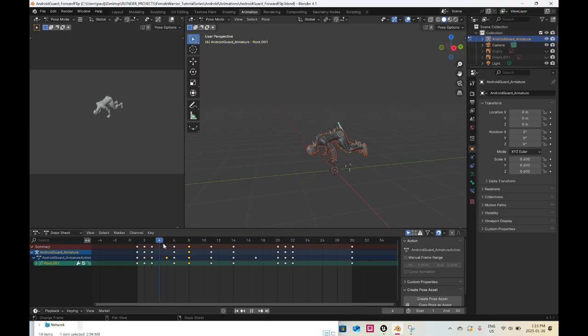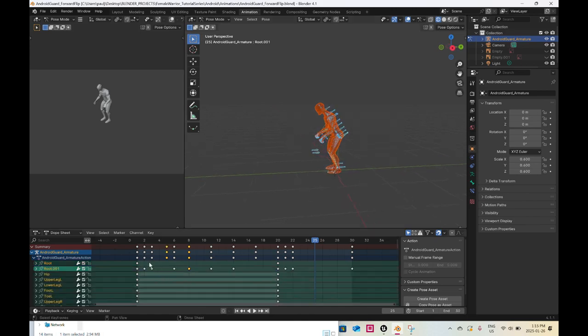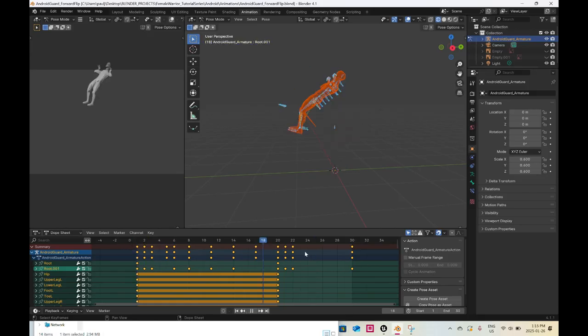So I have one where he flips forward. So what I'm going to do is basically just grab all the bones, I'll grab all the keys, and then